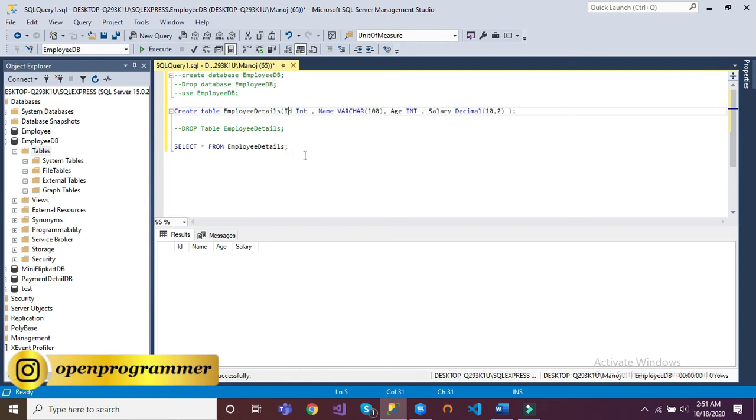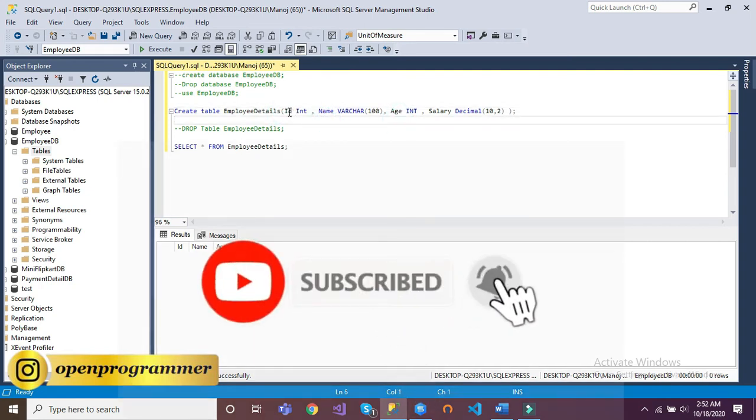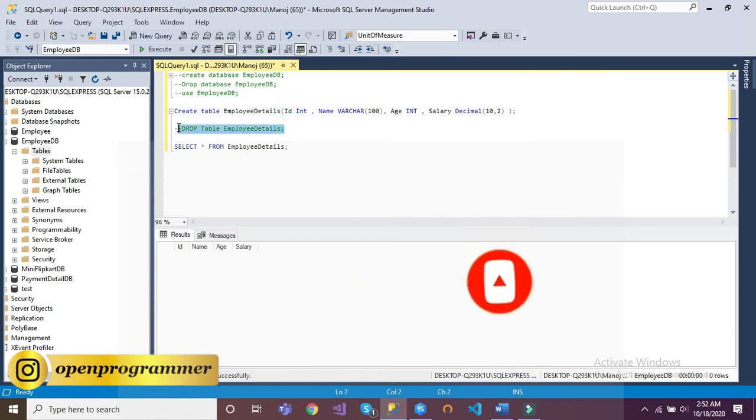Why do we use ID? ID is something by which SQL should know the uniqueness of that particular employee. For example, name could be the same for multiple employees, age also, salary also, but we need some unique value to identify that this row belongs to this particular employee. So for that we need ID, and let me drop it once again.